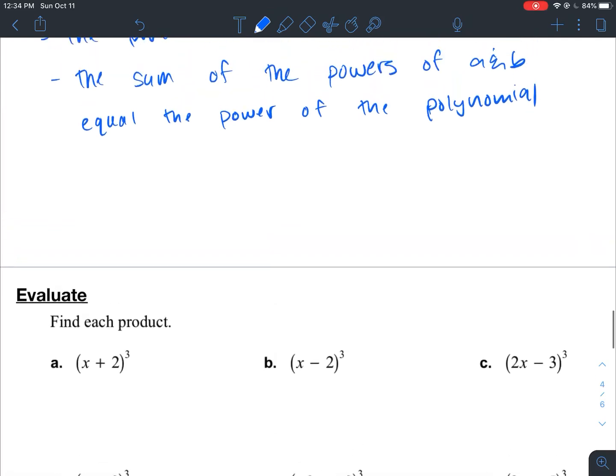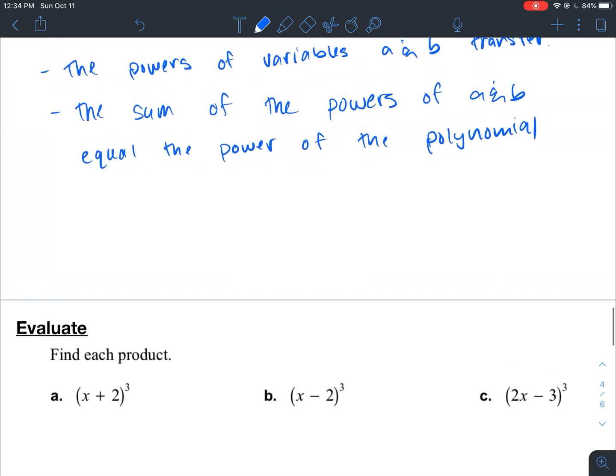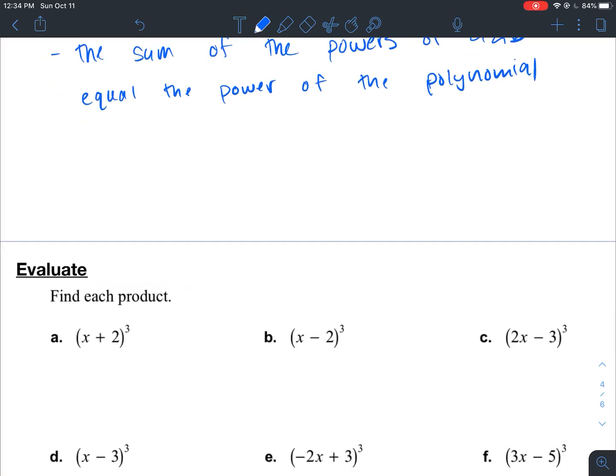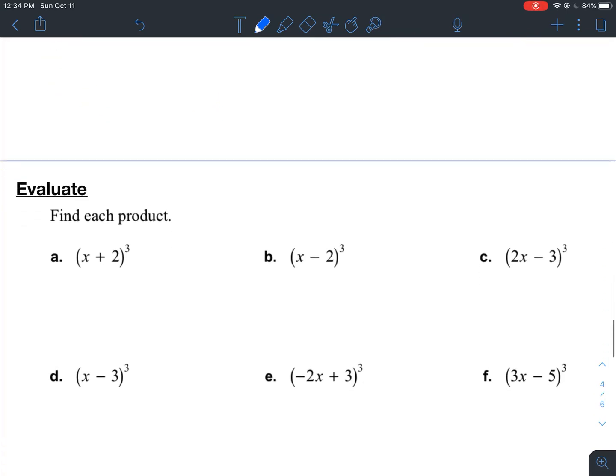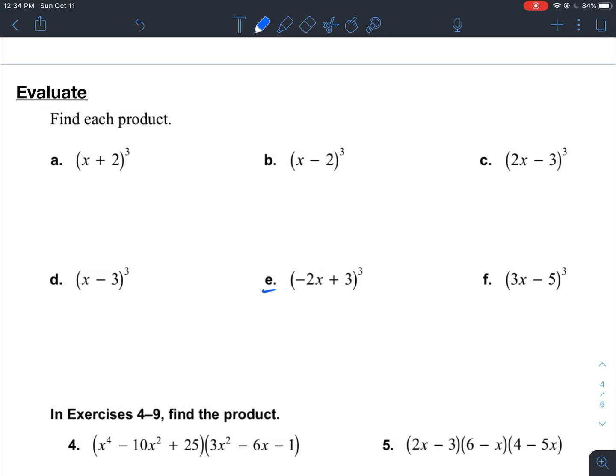Now, going through this part, let's apply our knowledge and try to evaluate some of these. So, we have x squared. Well, let's go to E and F. I'll do these ones as examples for you. We already know the pattern. This is a binomial and it's being cubed, right? So we can go up here,